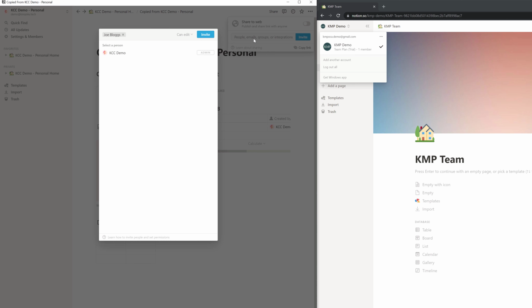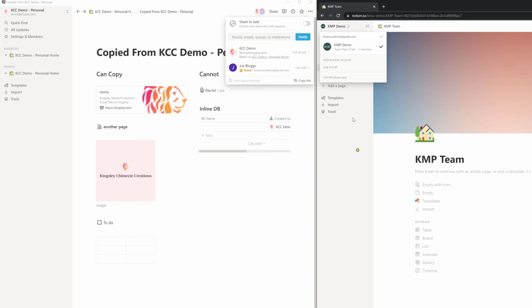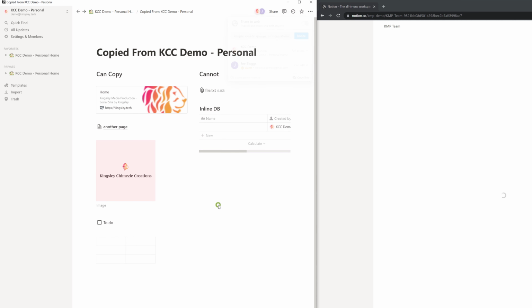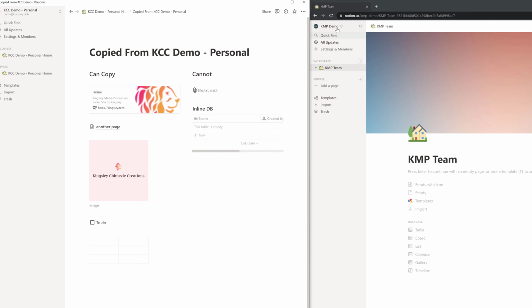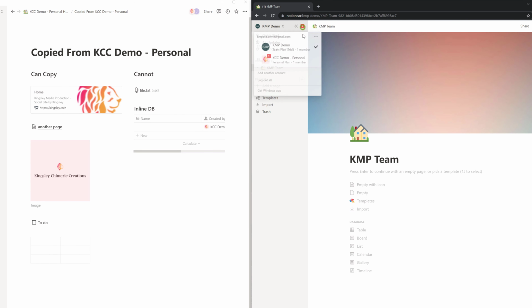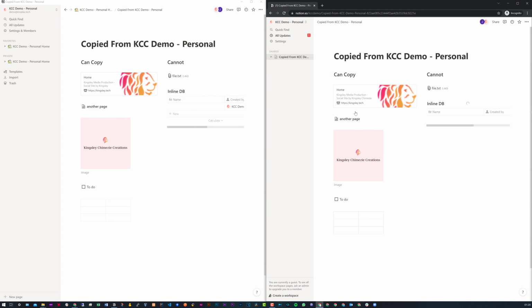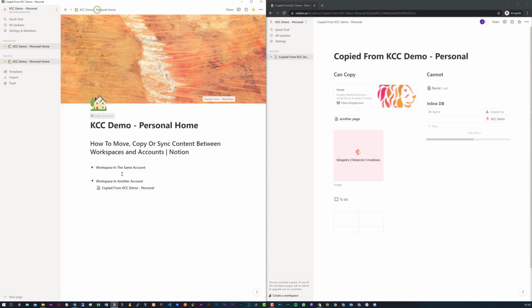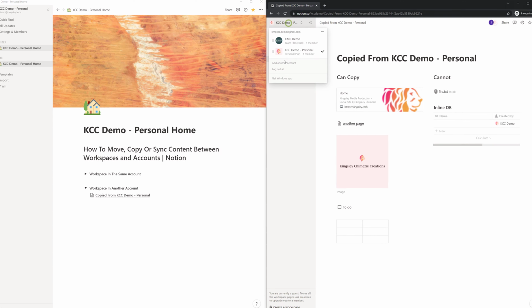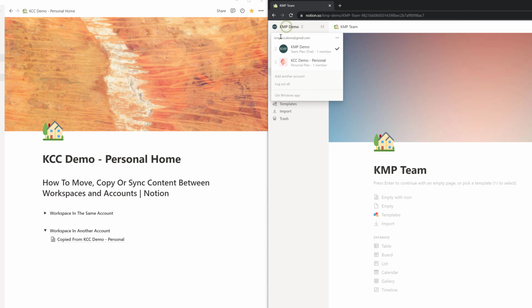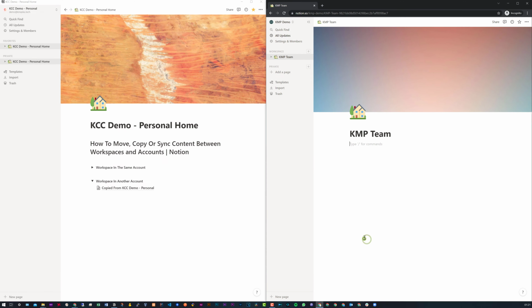Select the account and then invite, and if we refresh this page, and I'll also refresh the app as well, you can see there's one invitation. If we go in, you can see it has access to that workspace, but if I click on it, it only has access to whatever we shared, which is this page here. It cannot see everything else in that workspace. So now if we go to the workspace for this account, and now if we copy this page again